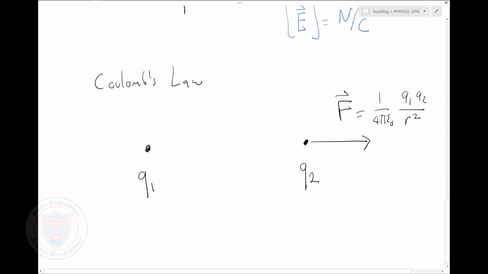Now when I write something like this, it assumes that these two charges know about each other, and they know about each other from afar. If I quickly moved Q1 away, would the force on Q2 change? If this formula is correct, it must immediately change. If the distance between these two objects is changing, the force must also change. So such formulas, including Newton's law of gravitation, are called action at a distance